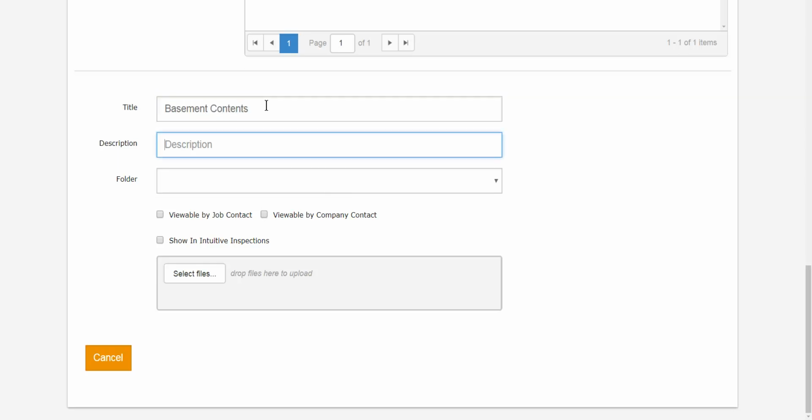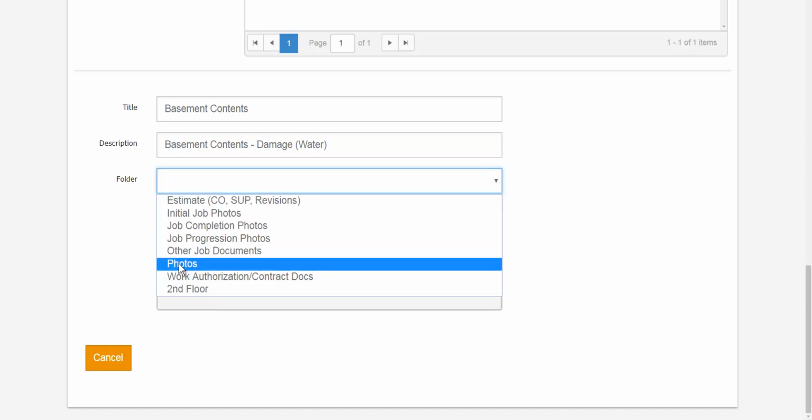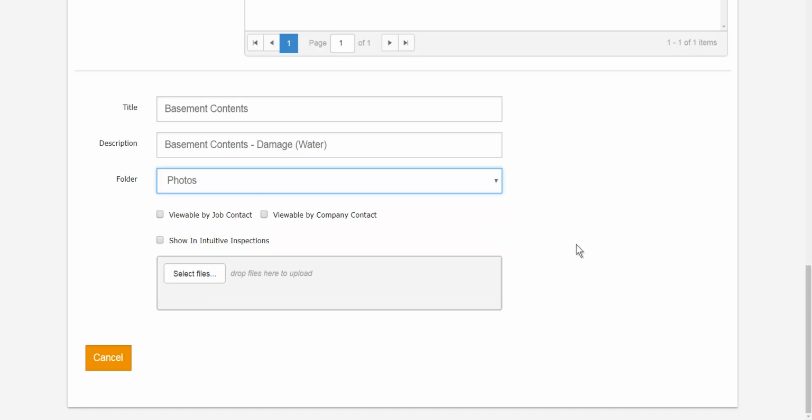contents, and the description on this is going to be basement contents, and I'm going to say damage, and this is going to be water. And then I'm going to pick up my file folder. So I'm going to hit my drop down and I'm going to pick up my file folder, and I'm just going to come in here to my photos file, and then I'm going to determine,